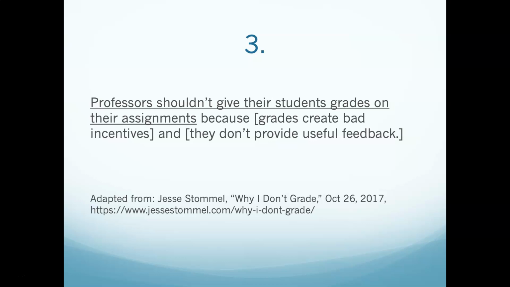Notice that this model response treats the second part of the sentence as providing two separate premises. So you could put a bracket around everything and treat it as a single premise. So in this case, "grades create bad incentives and they don't provide useful feedback" as a single sentence. But notice that when you separate it out into two premises, this makes sense because each premise provides pretty different